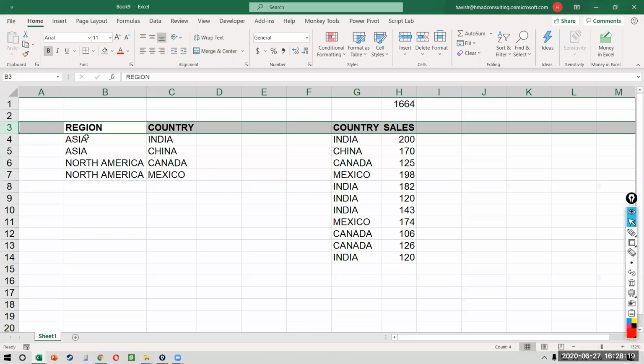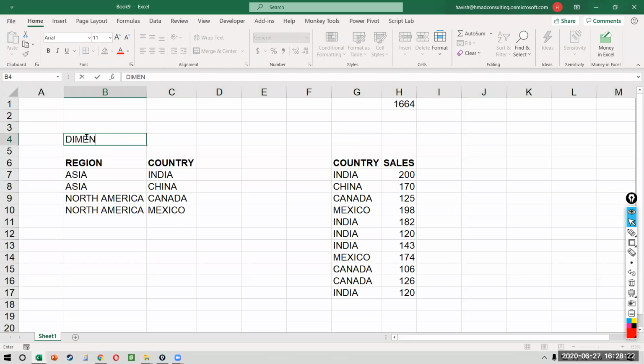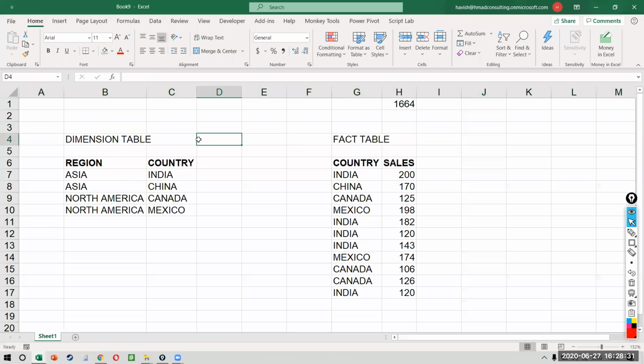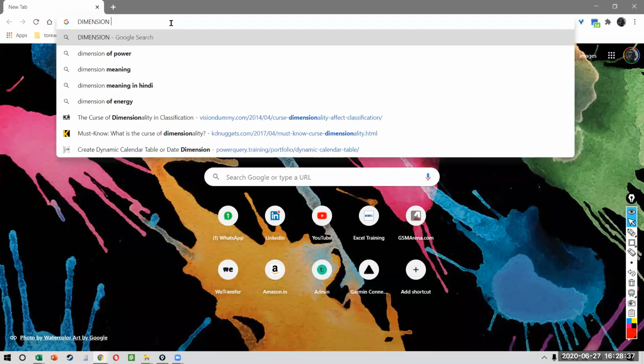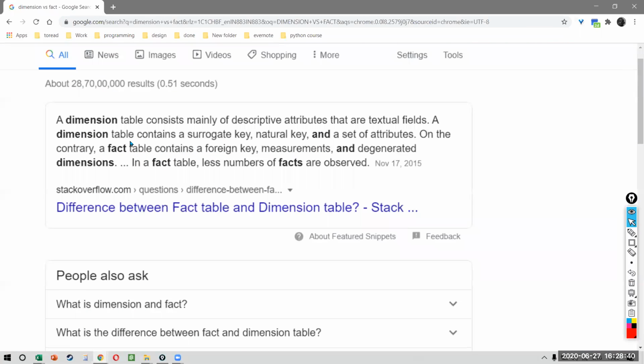See, everybody, what we have, this is a dimension table and this is a fact table, right? I hope all of you know what dimension and facts are. If you don't, please study this. You can simply go online and type dimension versus fact, and you can see what is a dimension table and what is a fact table. These are not Excel concepts that I'm sharing with you. These terminologies are related to relational databases. So if you're working with SQL, Power Query, Tableau, any tool, you need to know what dimensions are, what facts are. Okay. So a dimension basically is a descriptive attribute.